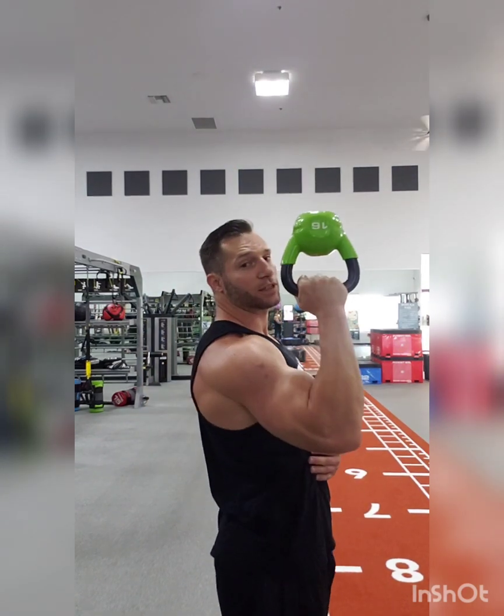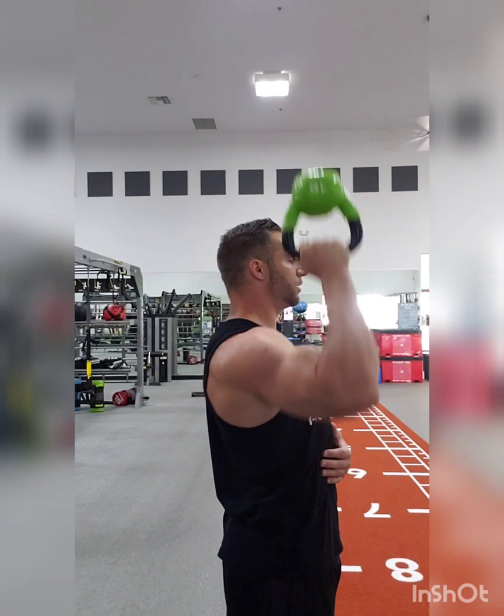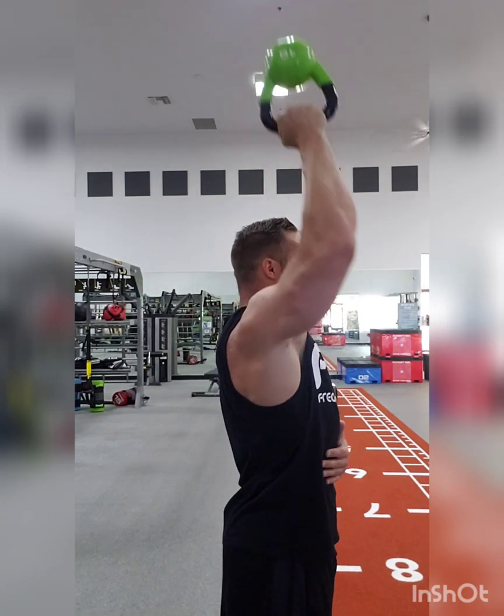Okay? This isn't for strengthening the shoulder deltoid muscles. This is actually for the rotator cuff muscles. The stability at the top. If you notice yourself shaking a lot throughout the movement, then you're having problems stabilizing. So now we're going to go right here, stabilize, down,